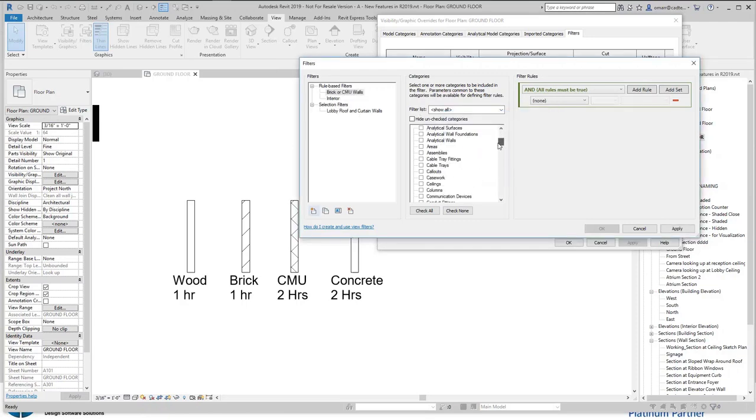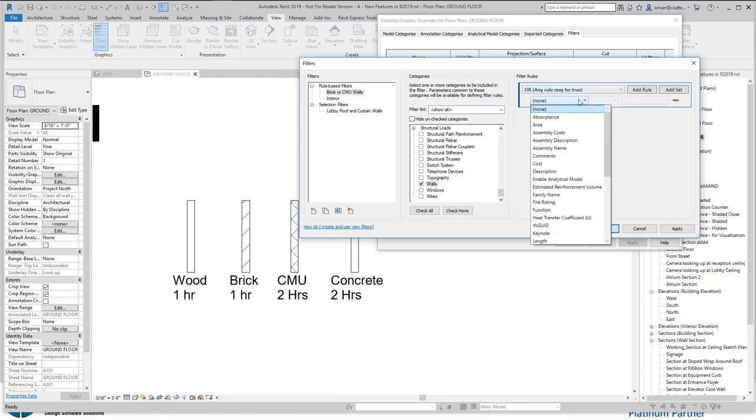And the next step would be to select which category I want to filter out. Let's just pick walls for now for this one. Now you can see here the AND, but also the OR values in there. So let's pick OR and give it a few rules here. Now it makes this a lot more easy to manage without having to create several filters just to accomplish a